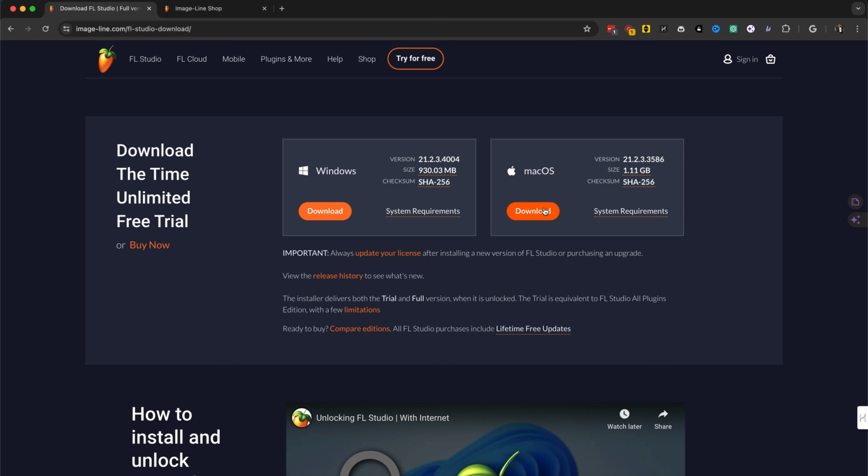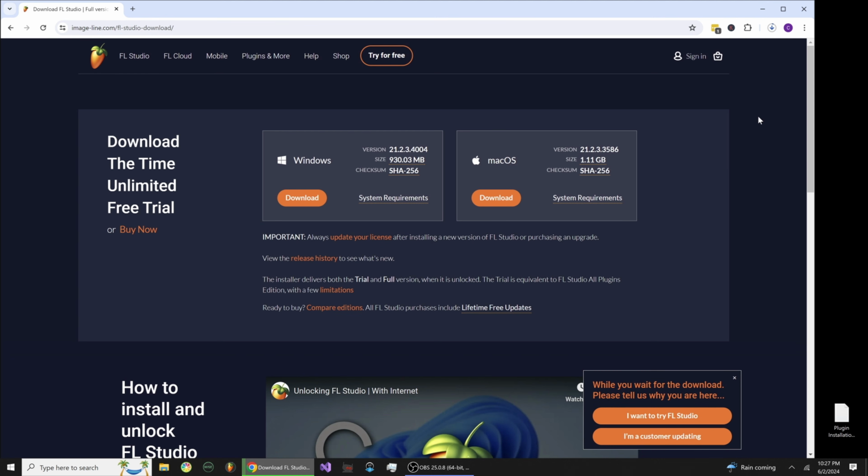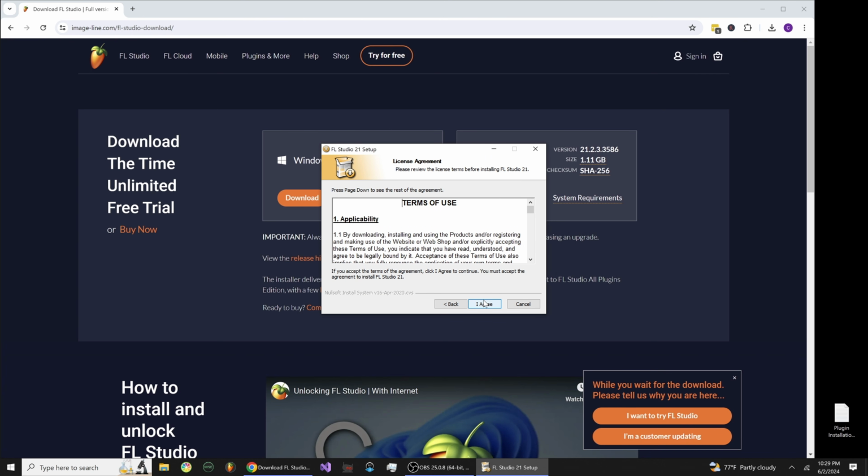And I'm on Mac right now. I'll show you guys how to do this on PC to install. All right, the PC process is pretty simple. Just hit download and then check your downloads folder. Keep in mind, whatever browser you're using, you need to make sure you go to that specific download folder.